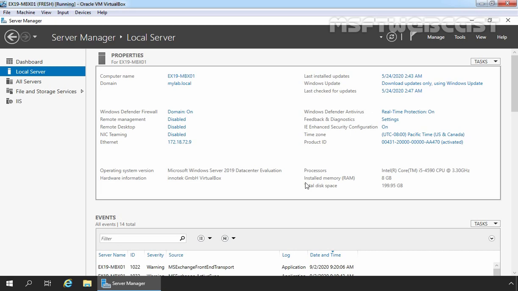In this video, we're going to see the steps on how to configure accepted domains in Exchange 2019. Accepted domains are the SMTP namespaces that we configure in an Exchange organization to receive email messages. By default, the fully qualified domain name of the forest root domain is configured as an authoritative accepted SMTP domain.